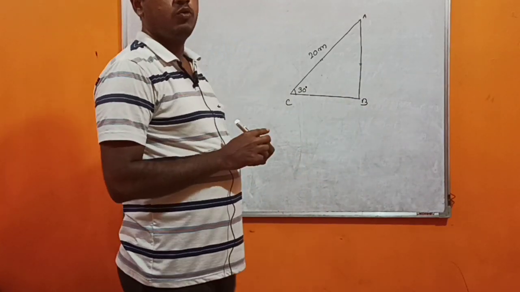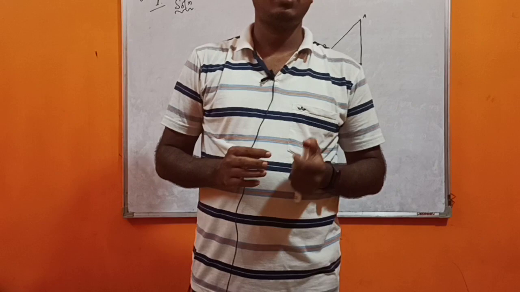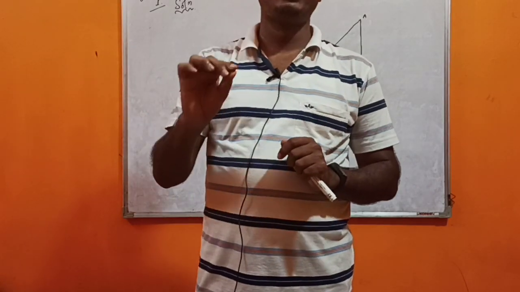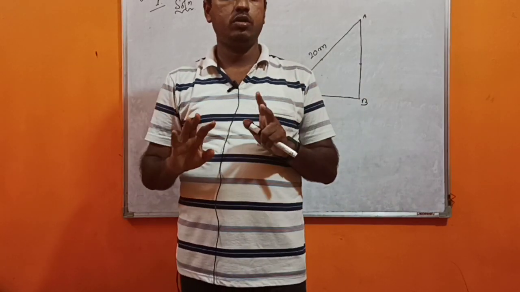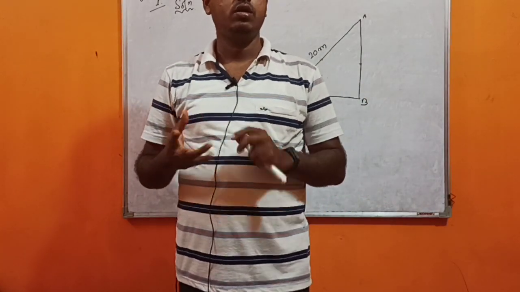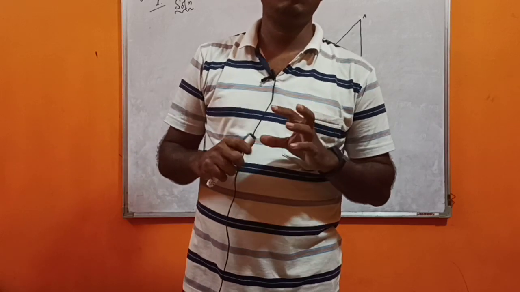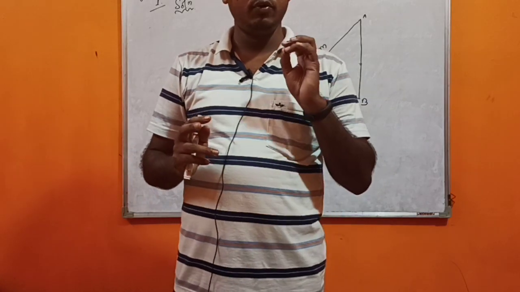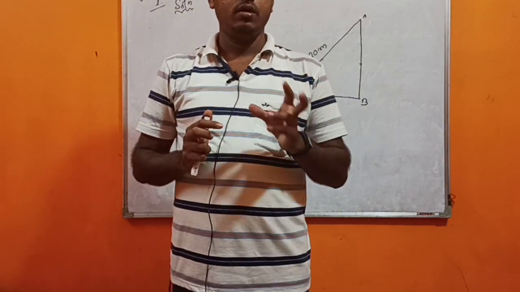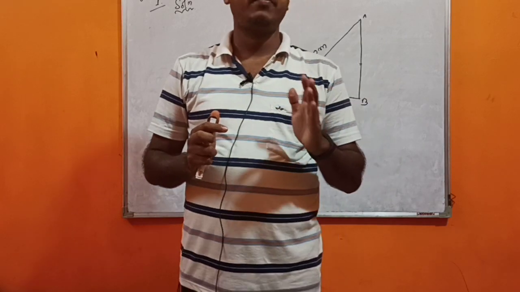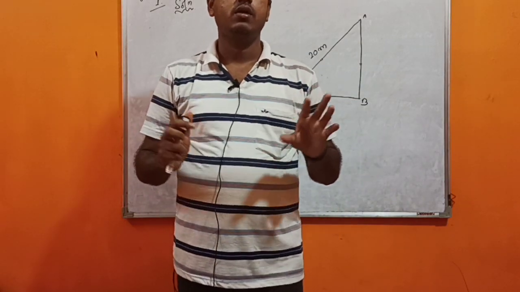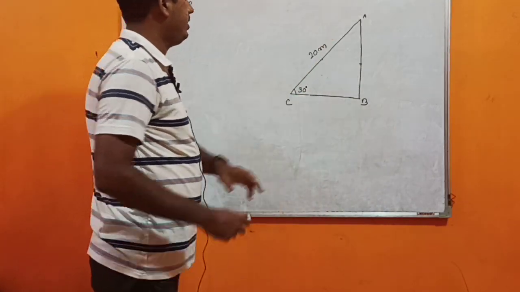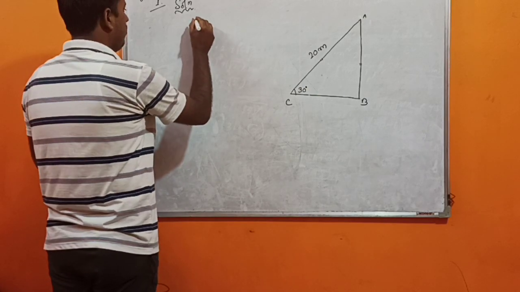I am giving you one clue that in applications of trigonometry, after going through the question, our target is to form a right angle. Whatever is given in the question, it will form a right angle. In a few questions we will get two right angles. Whenever we go through different questions, you will get the idea. Keep in mind that we have to form a right angle after going through all the questions of applications of trigonometry.